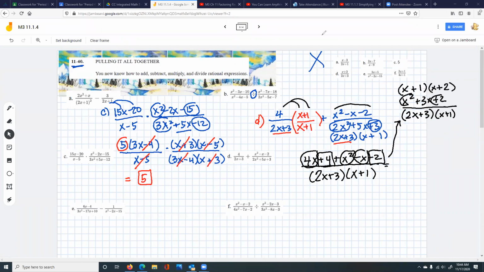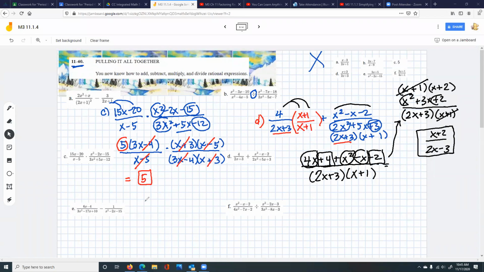Look what happens here. This x plus 1 is the same as that x plus 1, so our answer is this over this, x plus 2 over 2x plus 3. I could put an excluded value, but I'm just going to skip it for now because we've got a couple more problems to do. Okay, so E here,